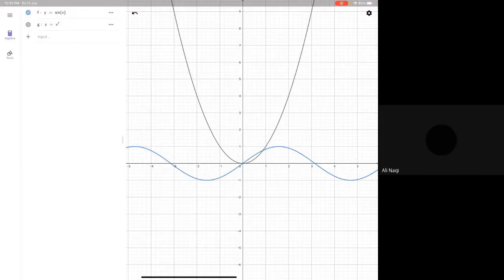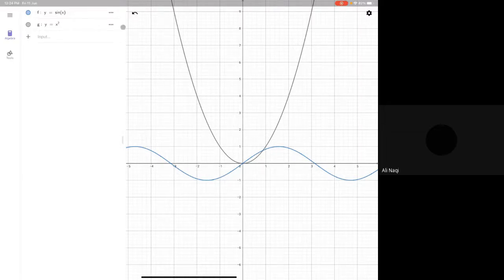How can it be maximum? 0 would be minimum always. No, not 0. Wherever slope is 0, there you will have either a minimum value or a maximum value. Are you getting my point? Because when the slope is 0, you are turning from increasing to decreasing. Clear?